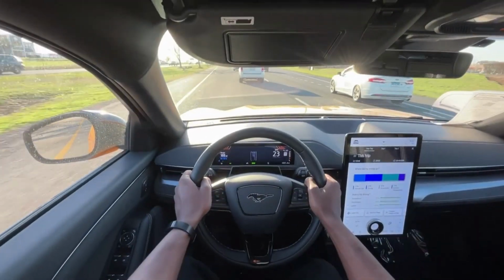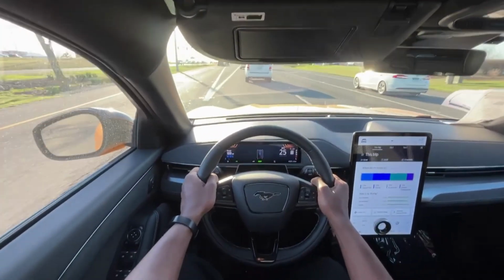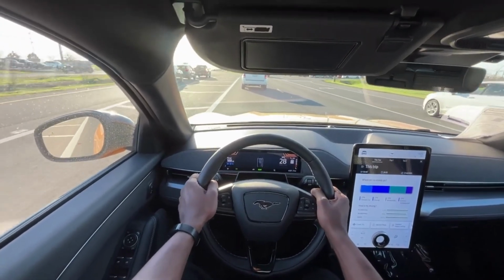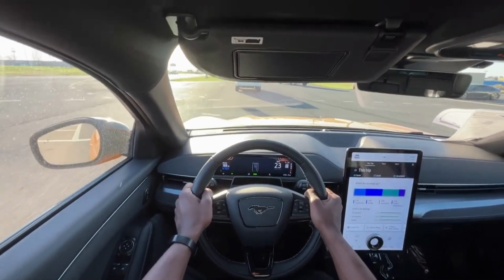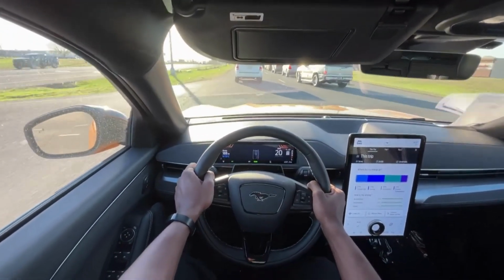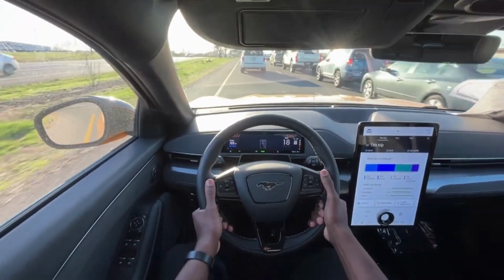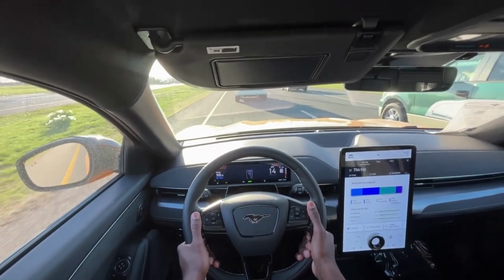Now I have the car in unbridled mode because that's really the only way to drive this, especially at GT Performance. Now the unbridled in the California Route 1 is kind of just like how it should be. Engage is good, but if you're gonna be driving one of these, you can put it into whisper mode, especially if it's slick out or something like that. But I just love driving this thing with full power at all times. Even if I don't use it, it's just nice to have it